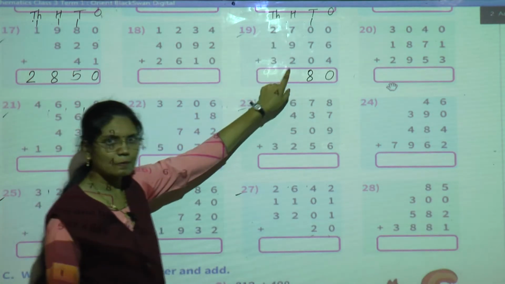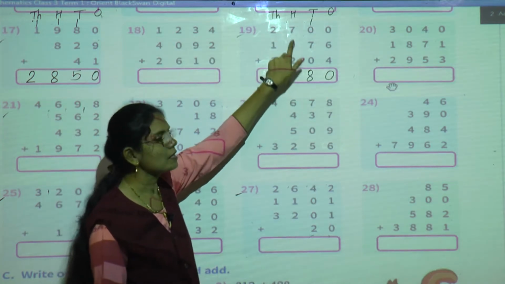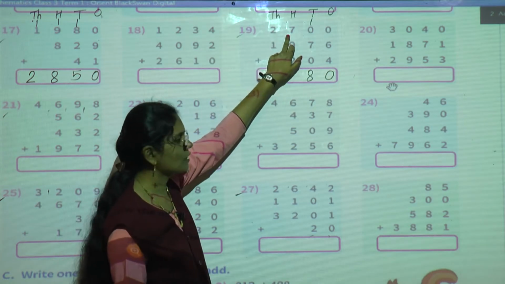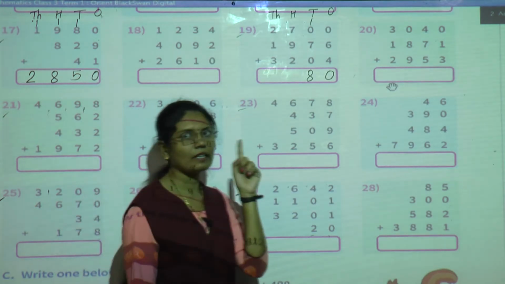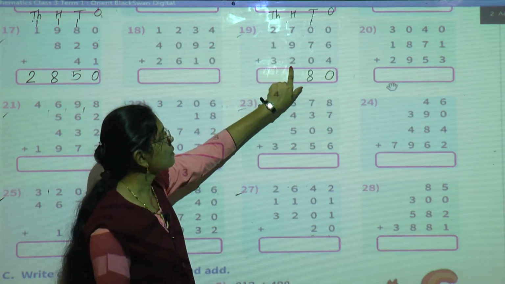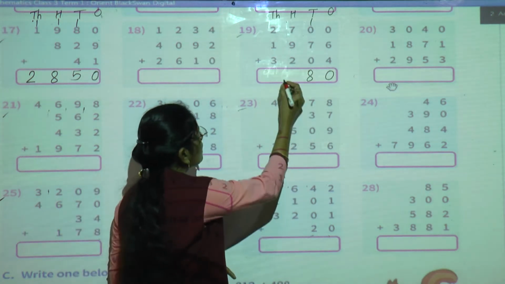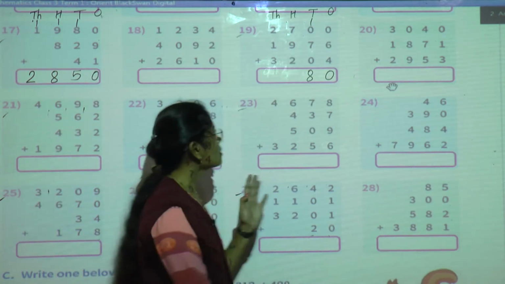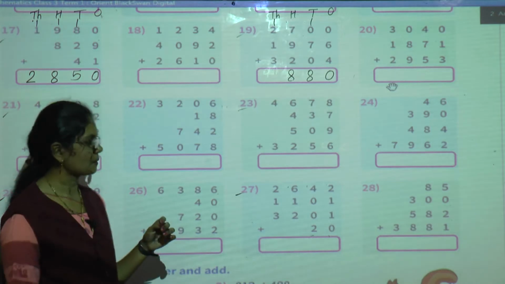Now we will move to the hundreds place. At the hundreds place digit, 700 plus 900 plus 200. First of all we will see these two numbers. 7 plus 9: keep 7 in your mind, and count 9 on your fingers after 7. Yes, 7 plus 9, 16. 16 plus 2. In 16 add 2 fingers: 17, 18. So 1800. 1800 means 800 and 1000. So we will write here 8 and we will give 1 carry to the thousands place.